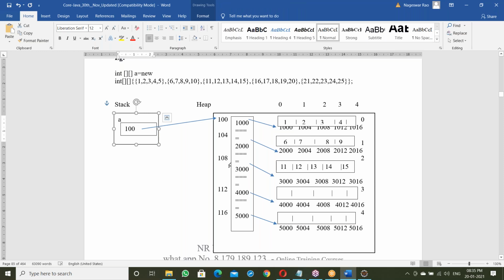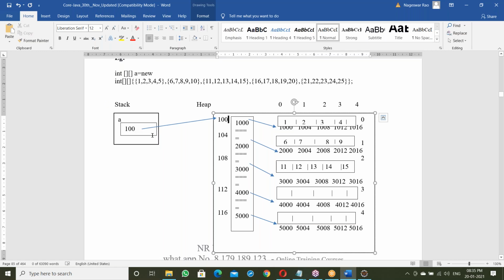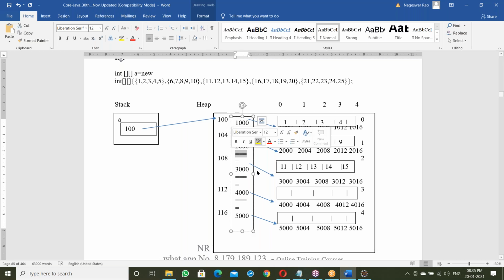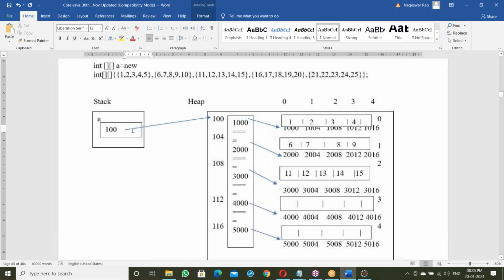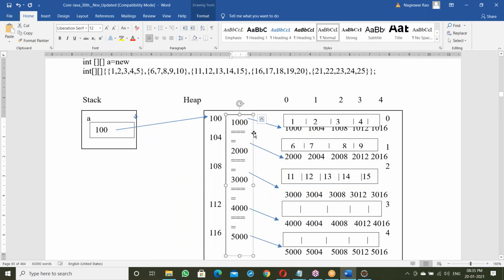This array of elements we should allocate, and this address 100 has to be stored into A. First we should allocate memory for this array of references, that is, create the array of references, and store its address into A. Now 5 references are nothing but 5 rows.